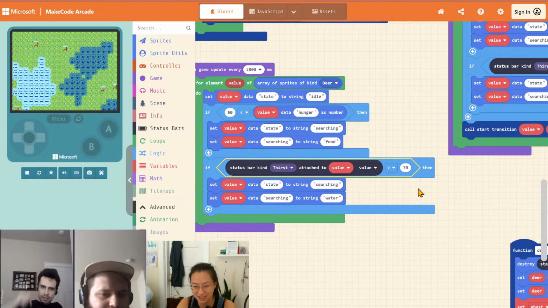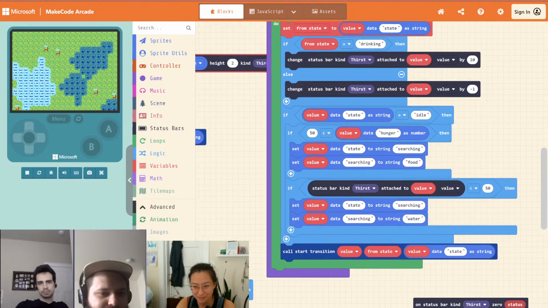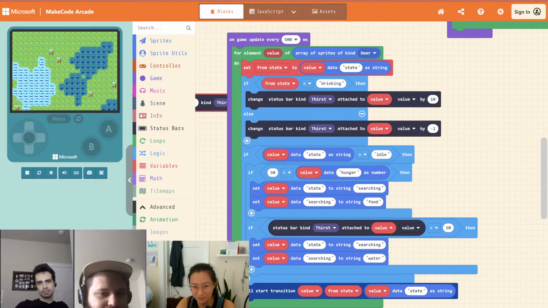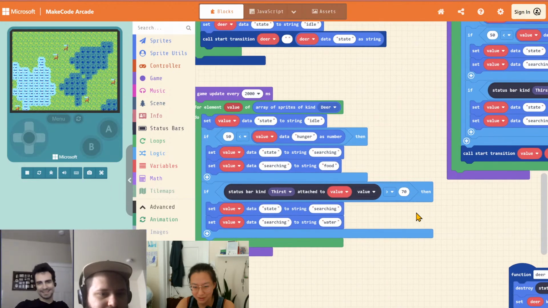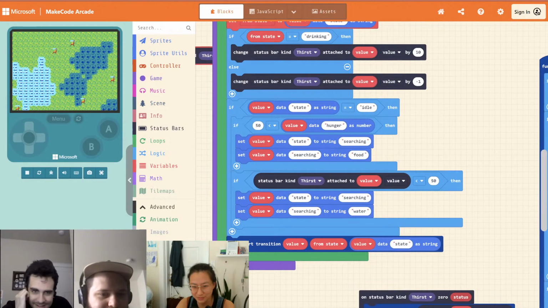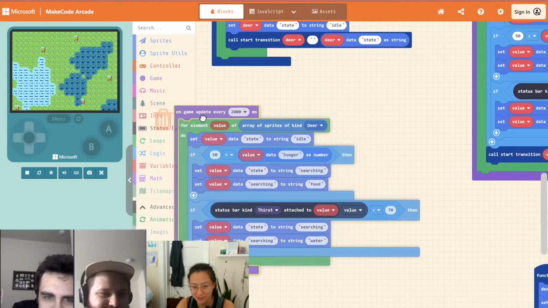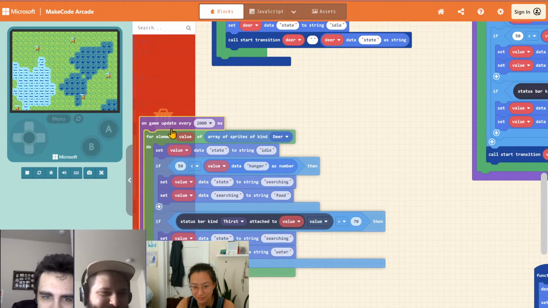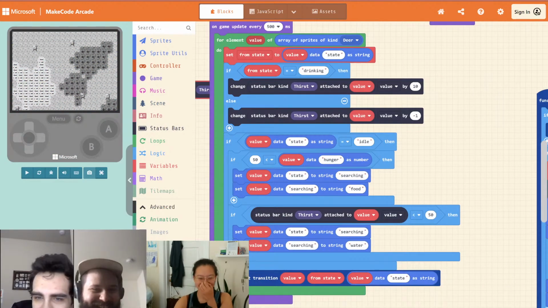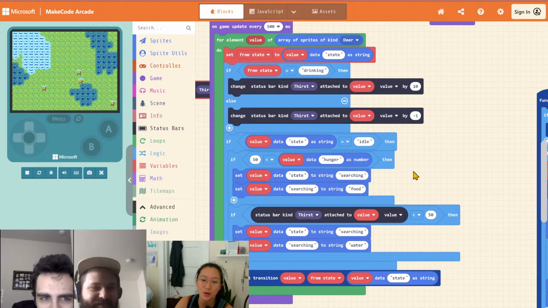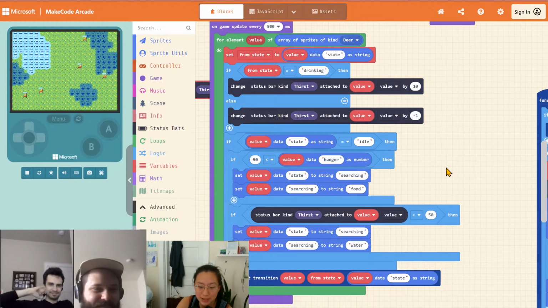What is this code doing? Wait, why do we have this in 2 places? Did we just duplicate this code at some point? I'm going to delete this. Yeah, I think that's right. Okay, this is great. We're learning. So let's see. Okay, so this is more realistic deer behavior where it's only starting to look for water when